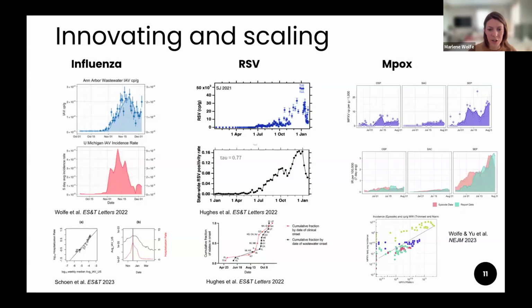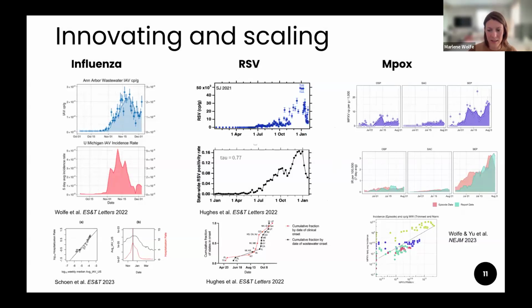I just want to share that there are so many other things that we're expanding to now, and I'm not going to go through each of these plots in detail. I'm happy to share these slides. But these are examples of work that we've done on influenza, RSV, and Mpox, demonstrating the relationship between wastewater data, which is on the top in all of these plots, and case data, which is on the bottom. And so we've been able to demonstrate that this is really effective for monitoring all these different diseases